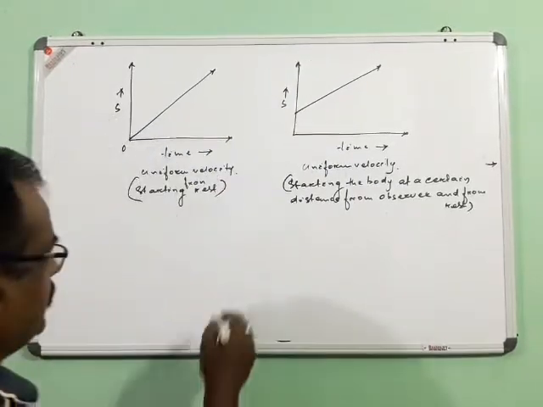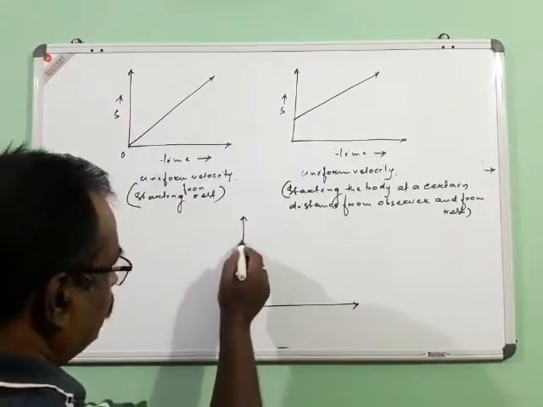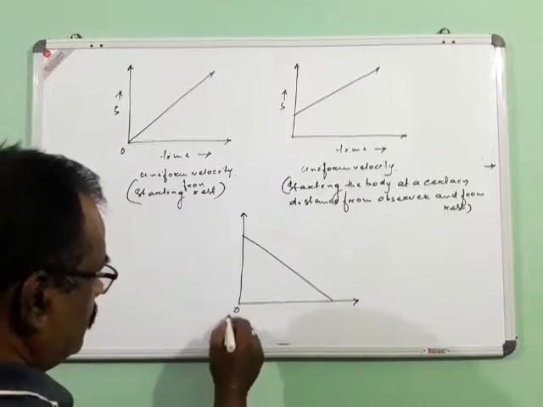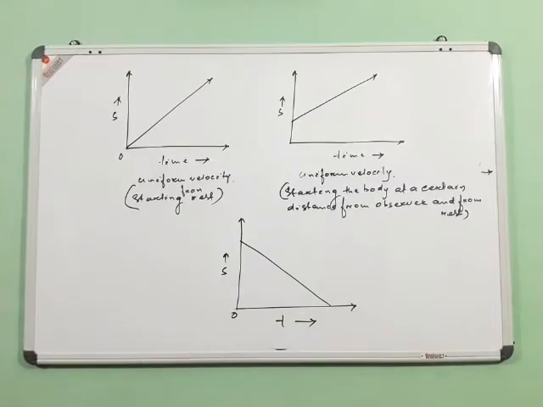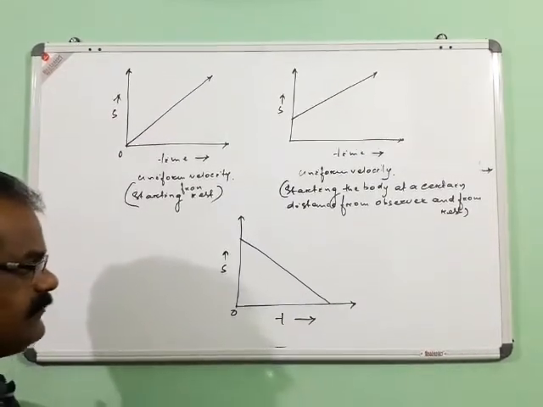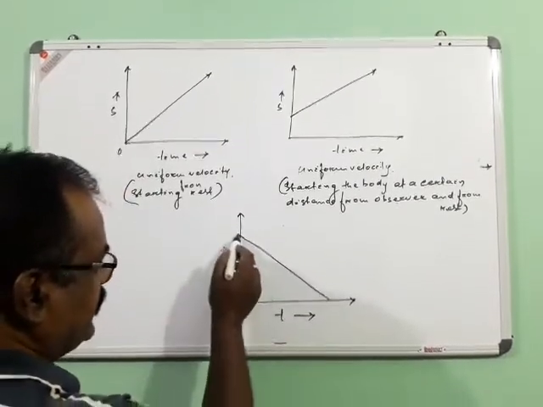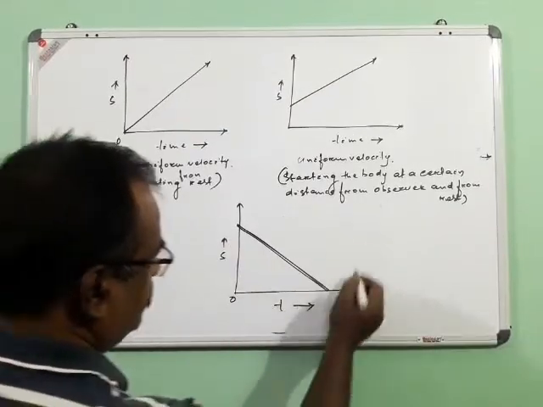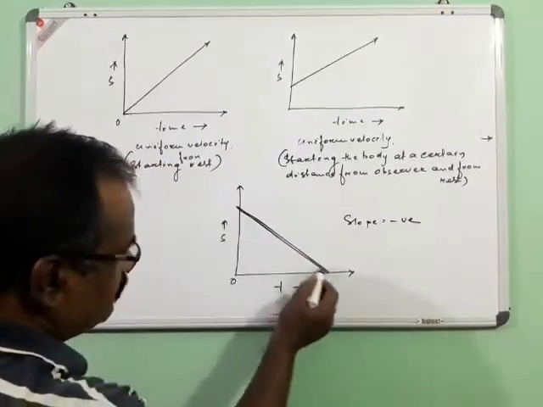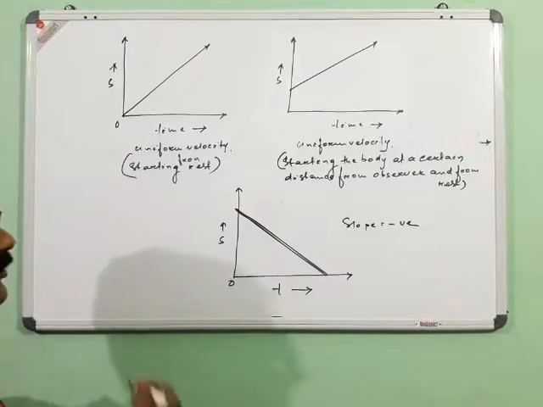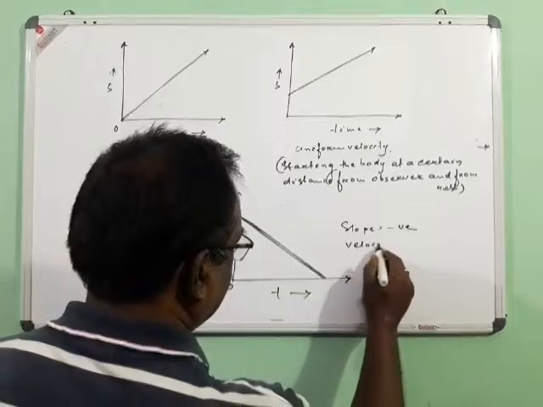Whenever we say velocity, because velocity is a sort of vector quantity, the graph may be in this manner also. As we know that displacement is a vector quantity, so it can be positive or negative, and velocity also in the same manner may be positive or negative. So in this case, what happens? This indicates the slope is negative. But as it is uniform, meaning there is no zigzag or curved line, we can say that velocity is uniform.